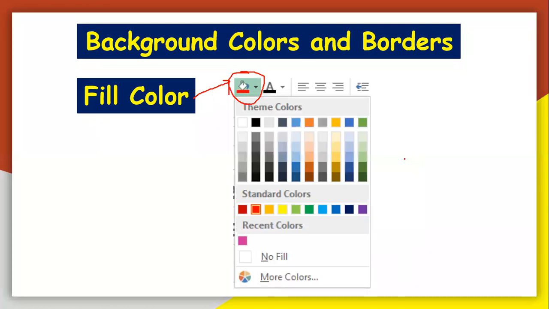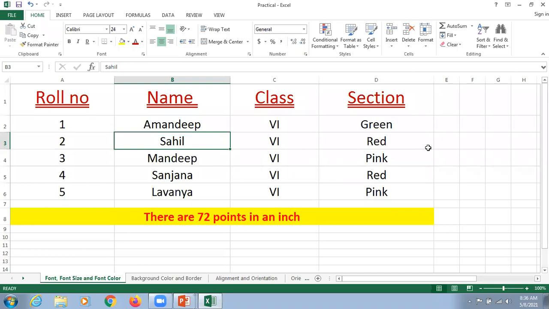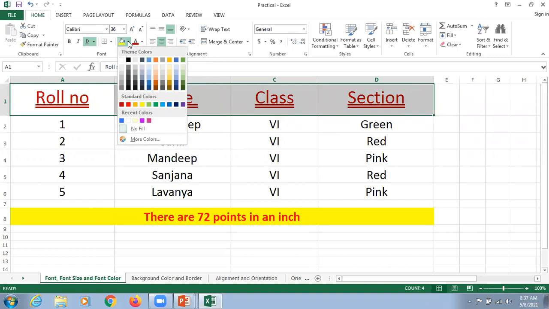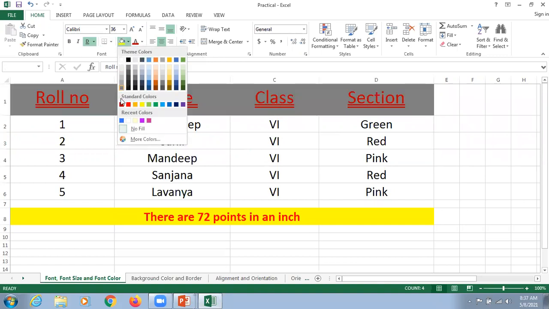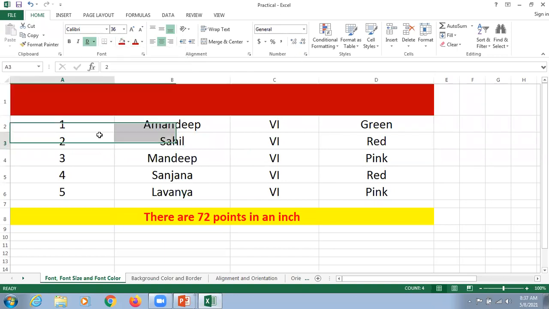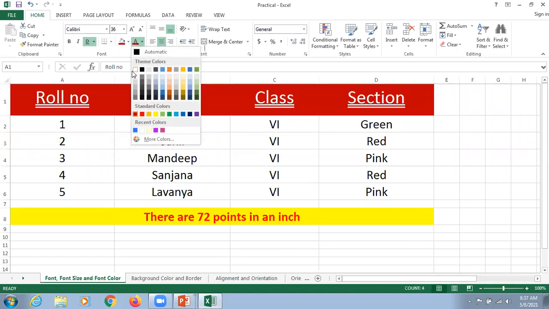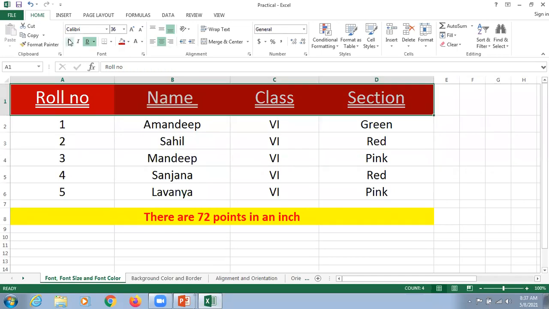Sir, how can we do it practically? Kindly wait for a while. We move back to that particular file. So sir, can we apply the background color here? Yes, why not? We can select it, and here the fill color option is on the screen. We can simply click on that and apply the color. This color is very dark, so you can select a lighter color for the text this time. We can select it like this, and hopefully it looks good now.